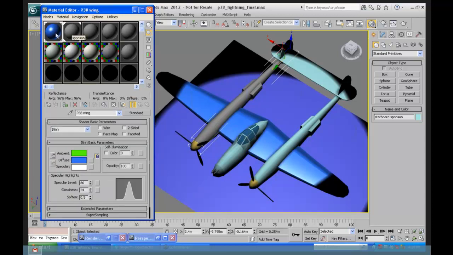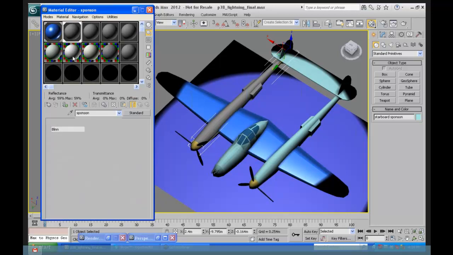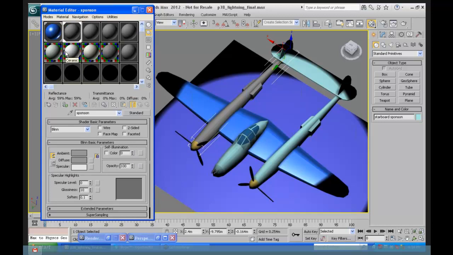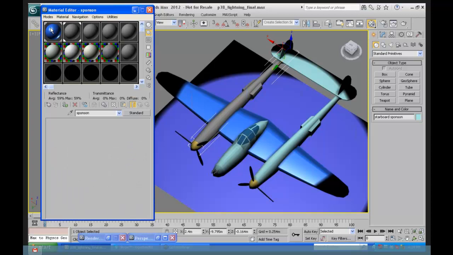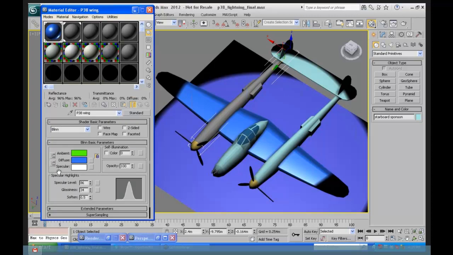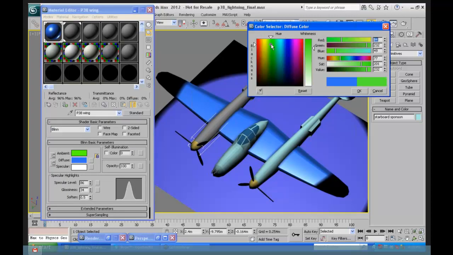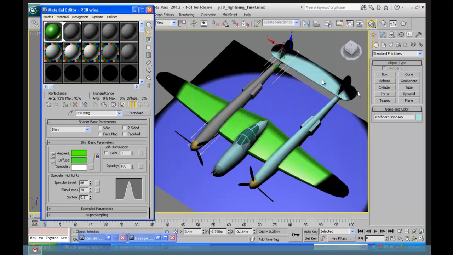Now, notice that this material here has little gray corners next to it, but this one has little white corners. The little white corners mean that it's on an object that's selected right now. So we call that a hot material. This one, if I change that, I think we're still going to see it change in the viewport. So I'm not sure what the point is between a hot material and not, but it's good to see which materials are in use. Now, the thing that Max does, which is so